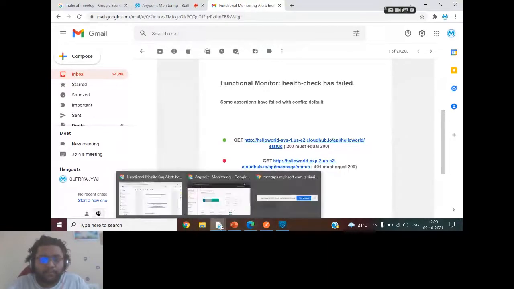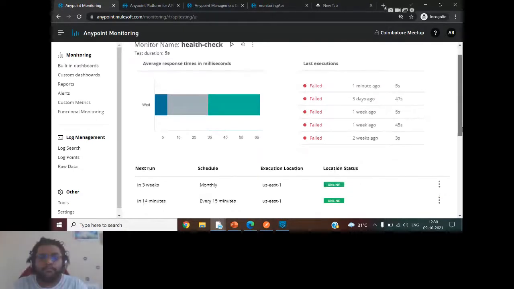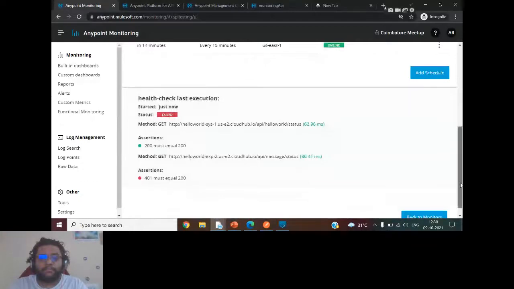The UI has changed a bit, but it is not that difficult to understand. There are multiple options wherein you can keep on adding endpoints. I would suggest having just one monitor for one project and keep adding the endpoints wherever required. As for how effectively I am using it in my project, I am checking the statuses. That gives a good view to the business. I use this in day-to-day life, and my business gets the view of whether all the statuses are fine, whether the API is working fine or not. You can also add multiple assertions with one endpoint. So that is all about functional monitoring.